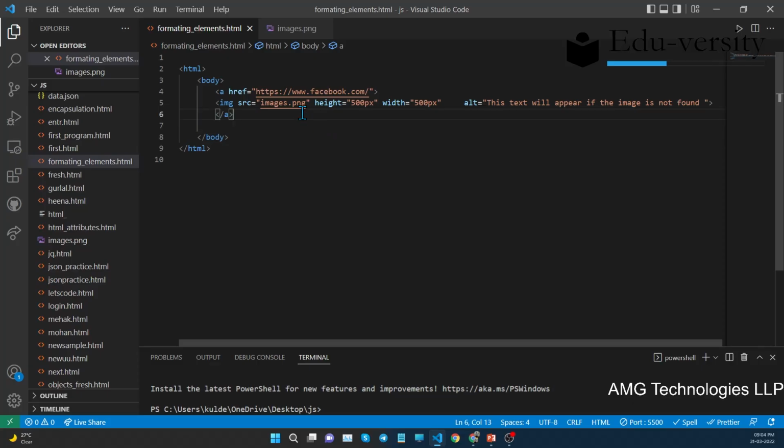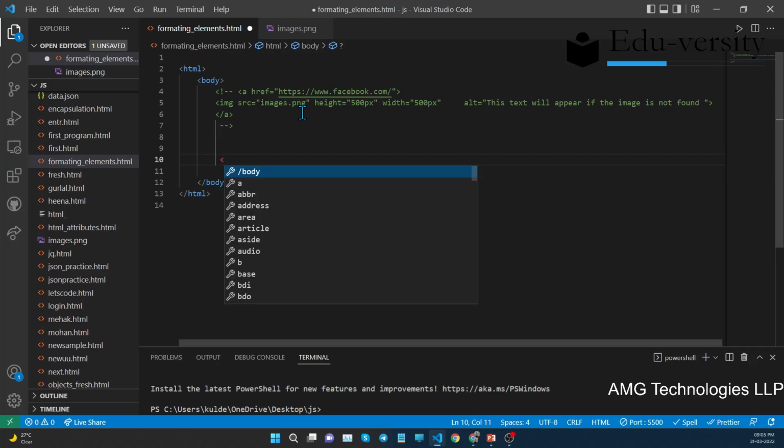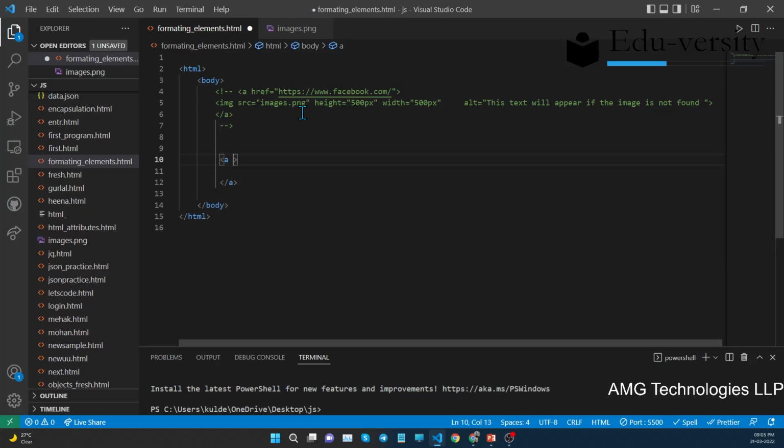So also let's discuss another type of link. If you want to link an email address, you can also do it using an anchor tag. So let me show you how. If you want to create a button for a contact us form or any other form like that, you can easily create a link with a Gmail account. Let's create an anchor tag. Now let's put a href, and first of all